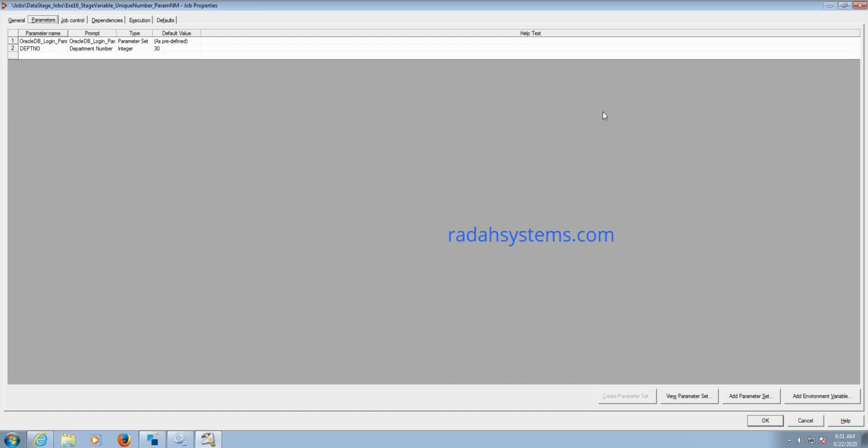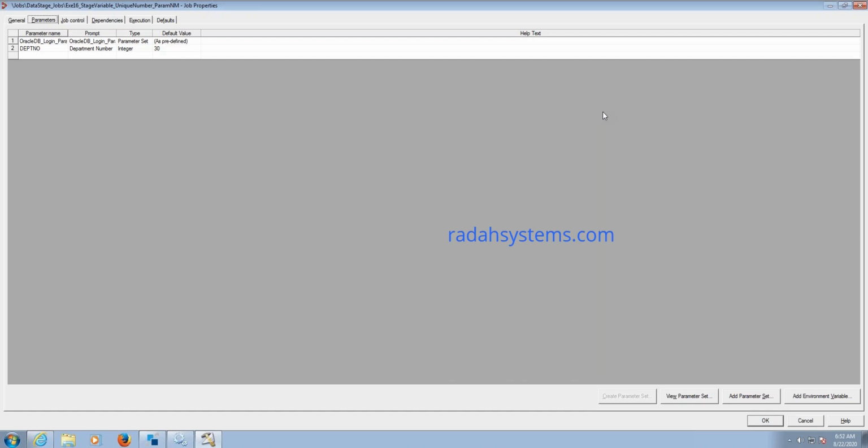If you run the job in QA with the dev location path, the job will fail. To overcome this, we create a parameter set by defining the value for each environment: dev, QA, pre-production, and production. We pass the value file, and according to it, the job picks the respective location for the respective environment.